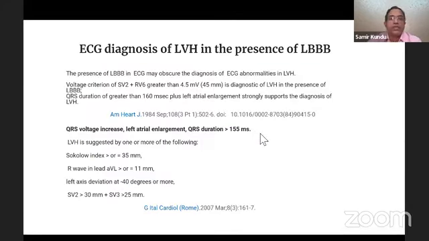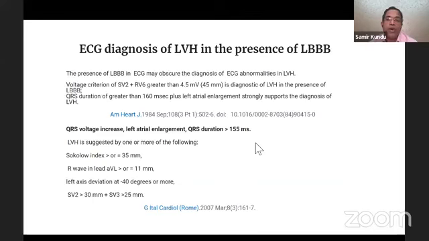ECG diagnosis of LVH in the presence of left bundle branch block. In patients with LBBB, there are difficulties in diagnosing left ventricular hypertrophy; specificity is low and it may be inaccurate. But there are some features suggestive of left ventricular hypertrophy in the presence of LBBB. Left atrial enlargement may be present, but the QRS duration is very important. If the QRS duration is more than 150 milliseconds or more than 160 milliseconds, plus any one of the voltage criteria